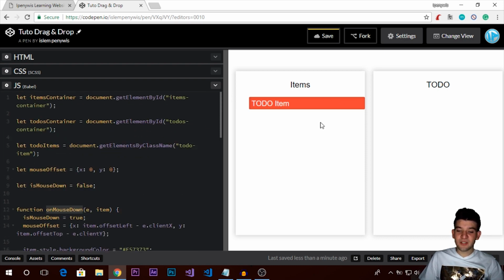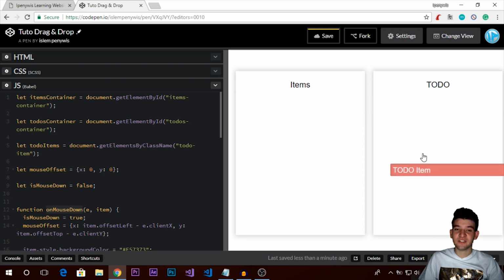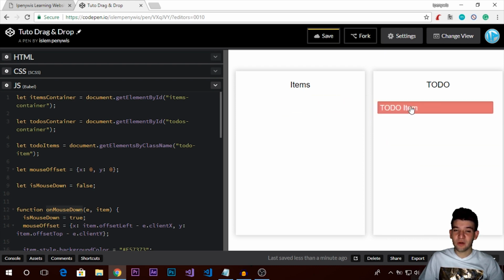So for today's one, what we want is to create multiple invisible containers inside the to-do container, and whenever we take that item into one of these containers, the container that we are currently hovering over is going to show up, with some kind of a border or something that shows us that I'm going to put the to-do item into this particular location. So it's a preview, and whenever we release it, it's just going to go right into this position